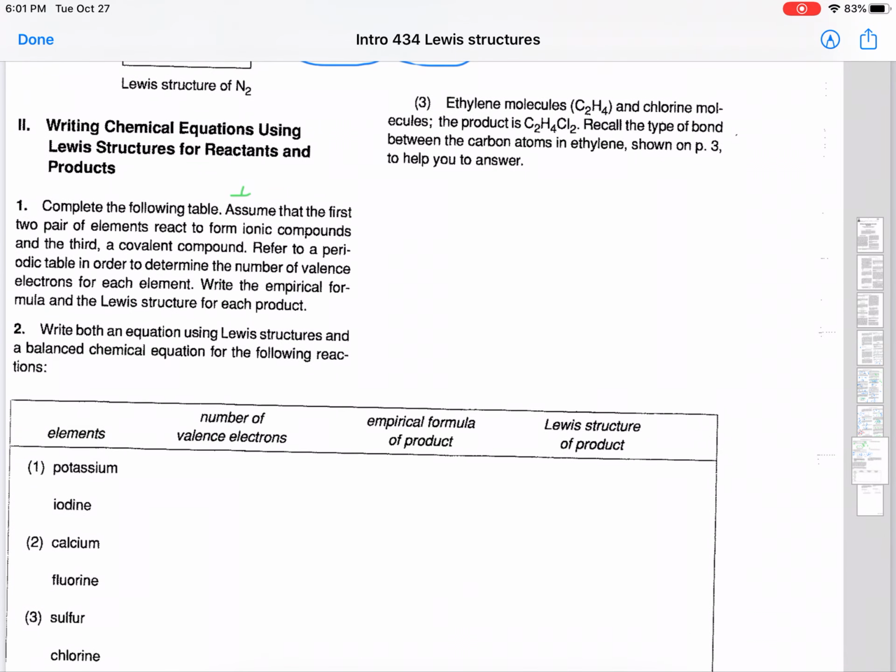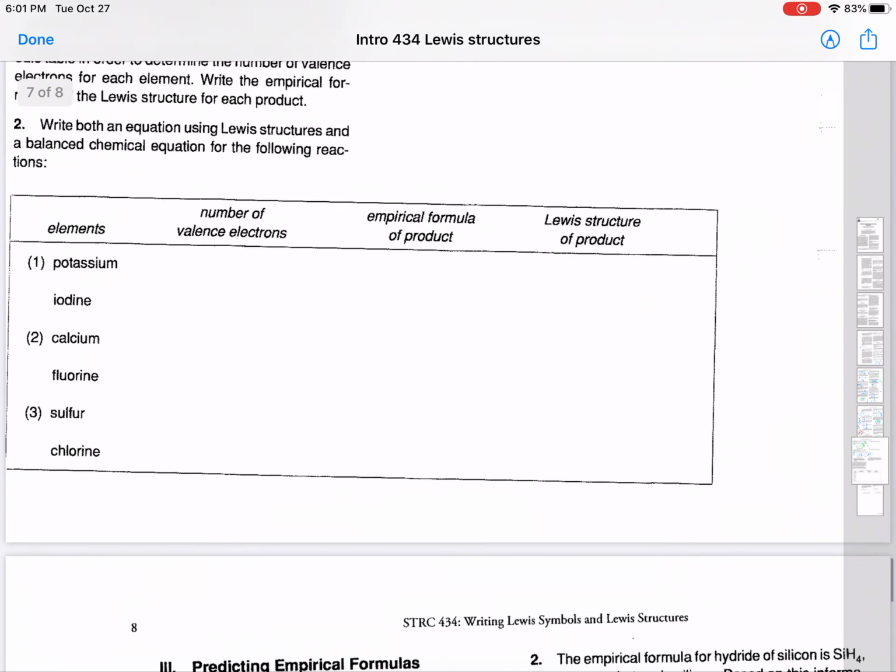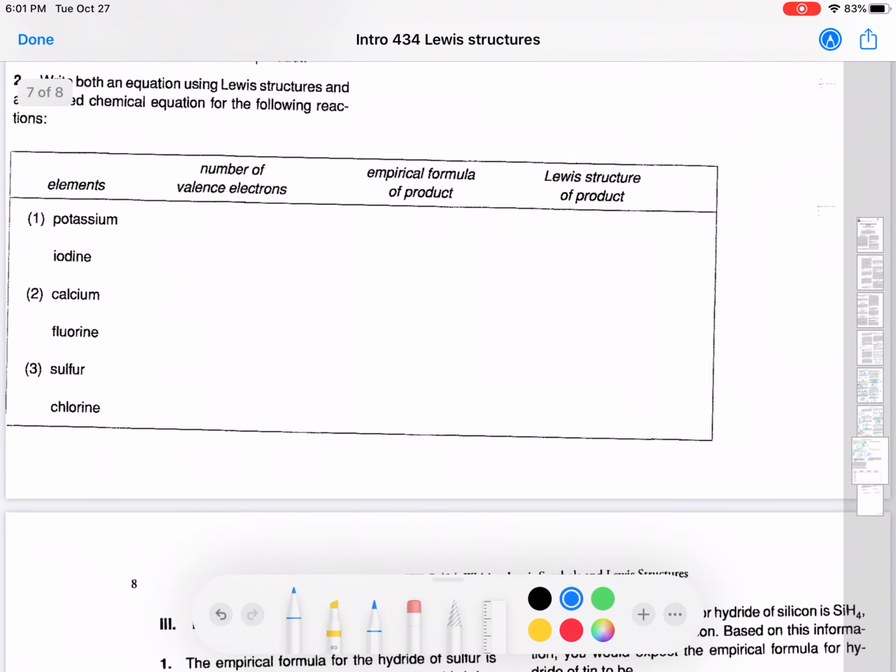Writing chemical equations using Lewis structures for reactants and products. Okay, let's see. Complete the following table. Assume that the first two pairs of elements react to form ionic compounds. Okay, so let's see. Number of valence electrons in potassium, that is 1. Iodine has 7 valence electrons. So the empirical formula would be